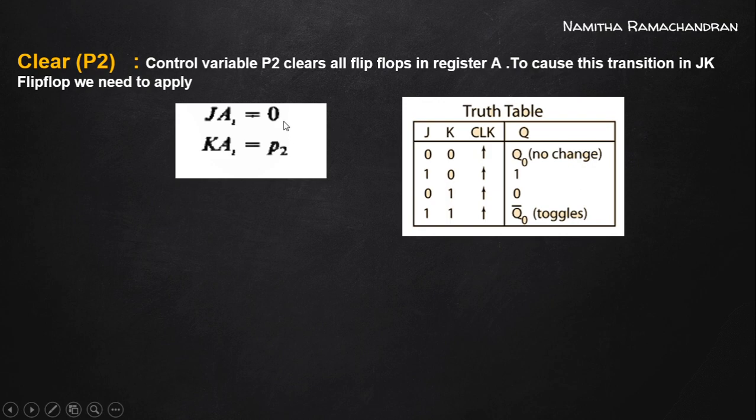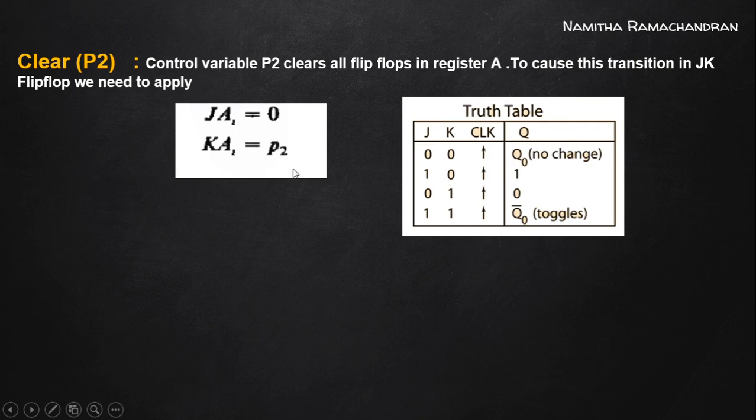Okay, so we need to consider the control variable P2 along with our J and K input. So 0 into P2 is actually 0 itself. 1 into P2 is P2. Into means AND operation, right? 0 and P2 is 0 itself. 1 and P2 is P2 itself. So this is the expression or the Boolean function required for performing this clear operation